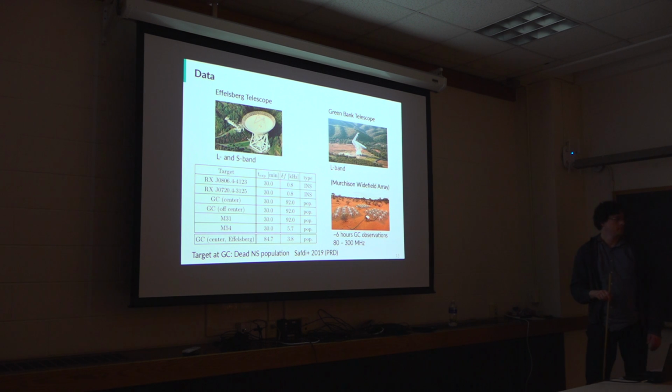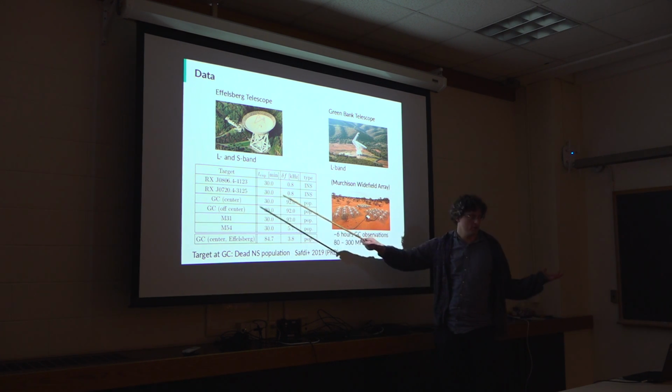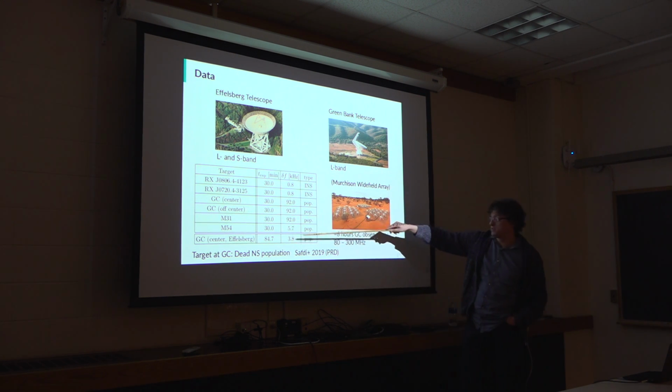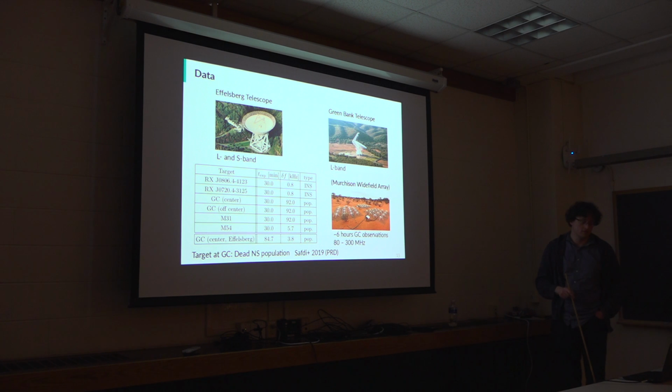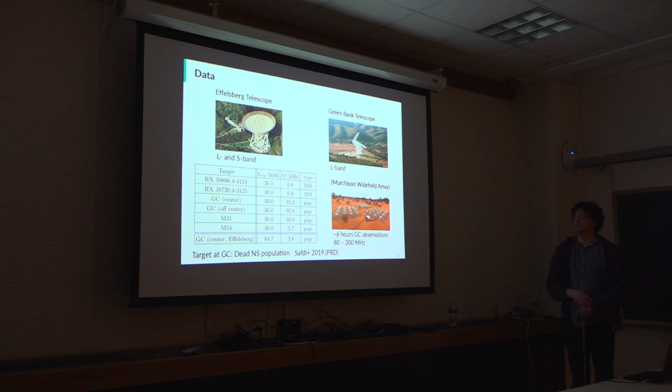Did you estimate the flux that you expect? Yes. And how close is it to the sensitivity? I will show the results in a second. An important thing is that for these nearby neutron stars, there are just individual targets that we look at. In the case of the galactic center, there's a population synthesis study that was done by Safdi and collaborators, where they model all the dead neutron stars, 100 million or so, if I remember correctly, in the inner galaxy that you would expect, and they calculate the total emission that you would expect from this population.